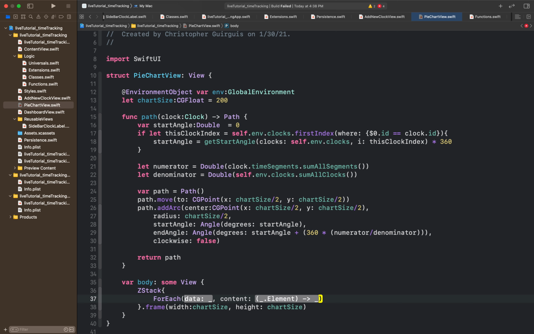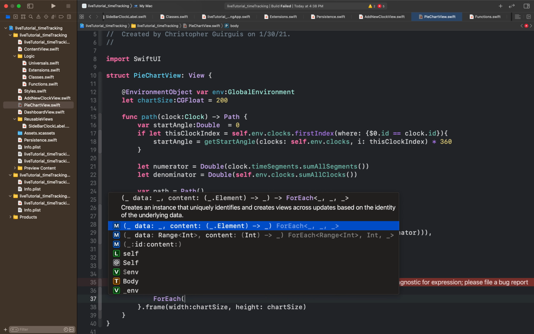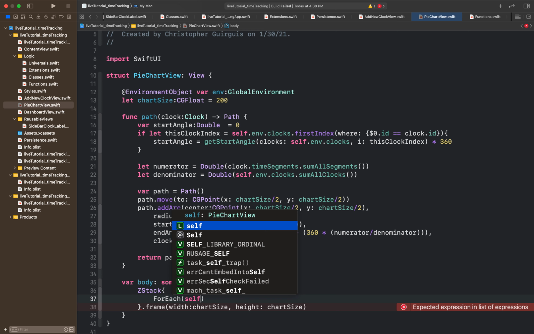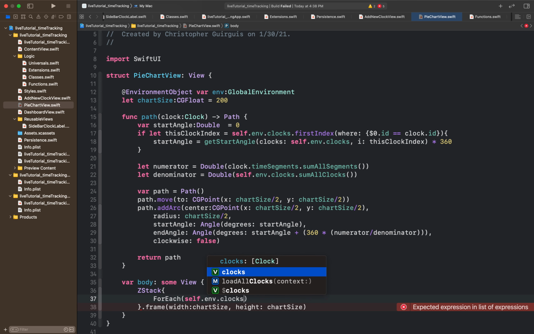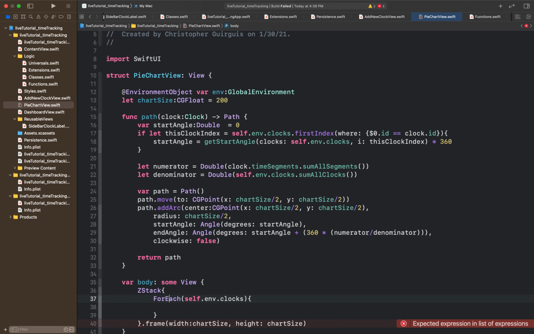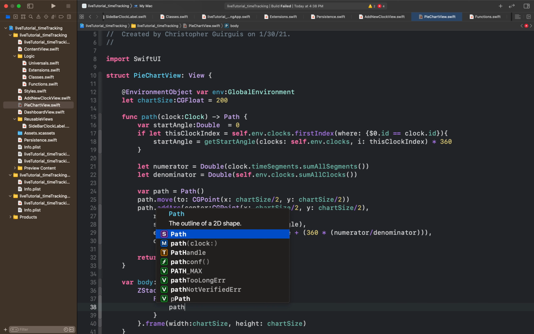And then we don't want to add anything to, I mean, we want to make this as computationally efficient as possible. So we're going to say for each, we'll say self dot env dot clocks. Let's start with that. Okay, we'll say clock in, and then for each clock we'll add a path,